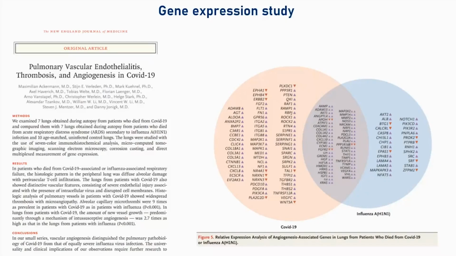This paper came out, I think it was April 2020, and it was a bulk gene expression study that essentially had this Venn diagram in it. It showed that, COVID versus flu, the 2009 pandemic, there were a number of differentially expressed genes, but it didn't really give you an appreciation of where the signal was coming from. And it piqued our interest into this.